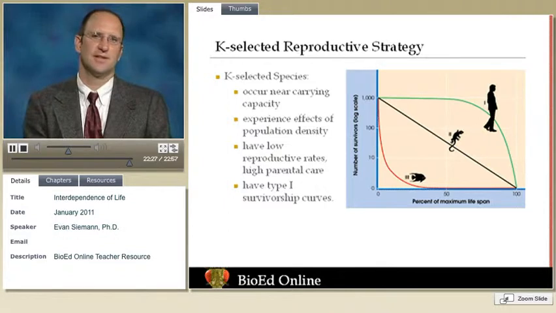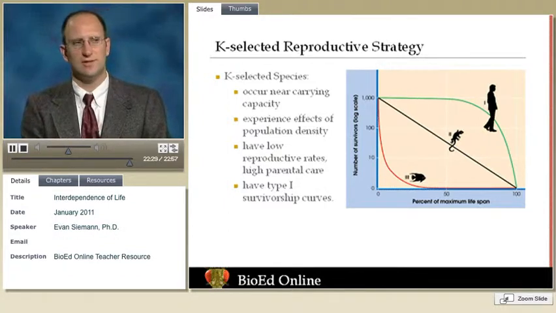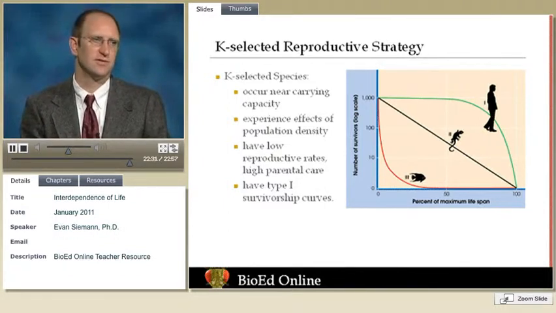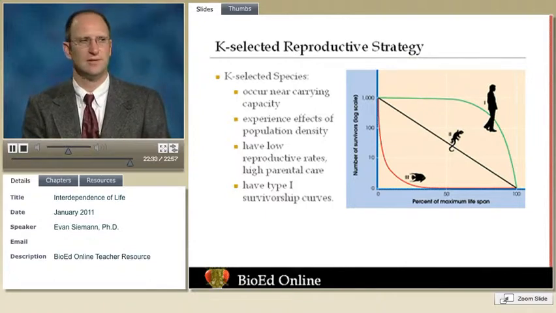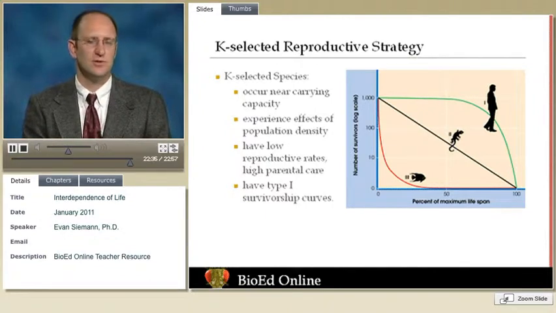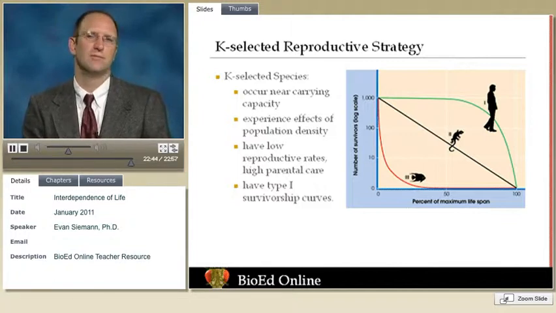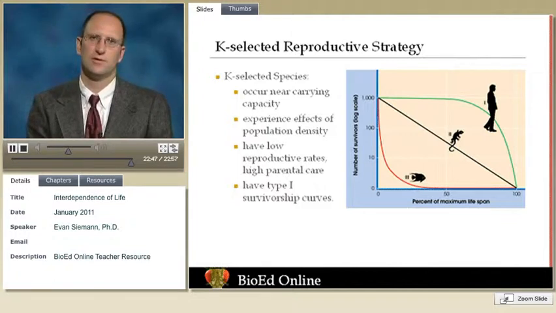In contrast, K-selected species have more constant mortality and population sizes that are often close to carrying capacity. Intraspecific competition tends to be strong. Selection favors slower development rate, late repeated reproduction, long lives, and efficient use of resources.